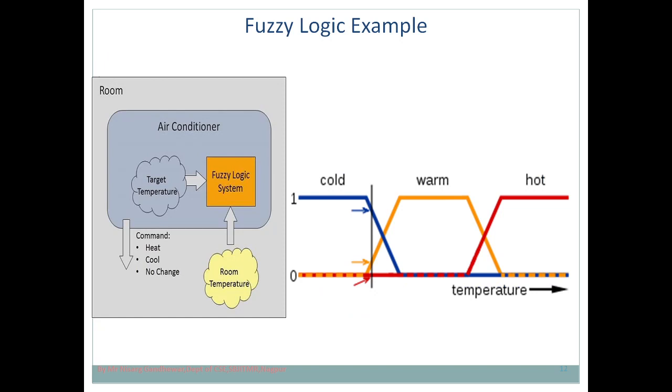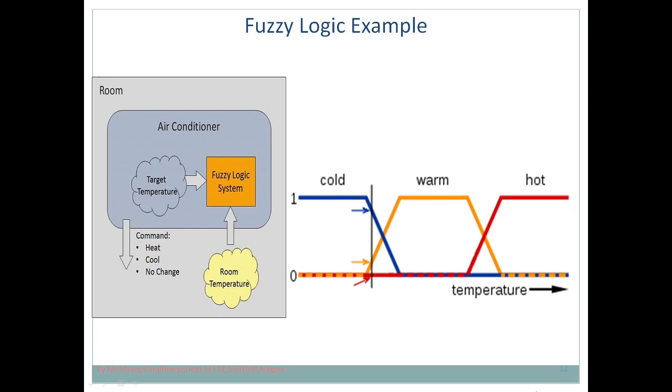So now let's try to understand with the help of an example, a diagrammatic example. Now in this case I need to represent a temperature. So suppose you are present in a particular room and somebody asks you to predict what the room temperature is. In that case, can you give an exact answer like the room temperature is 20, 30, 40? No, you cannot. So you can give the answer in terms of, you can say the temperature is cold, you can say temperature is warm, temperature is hot.